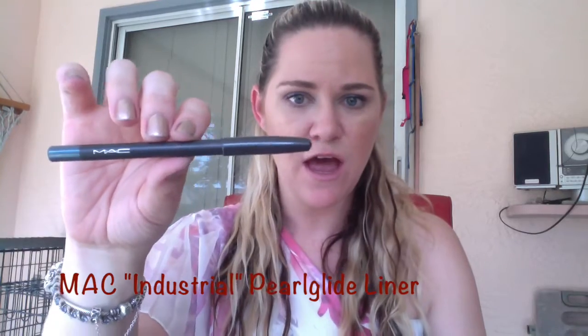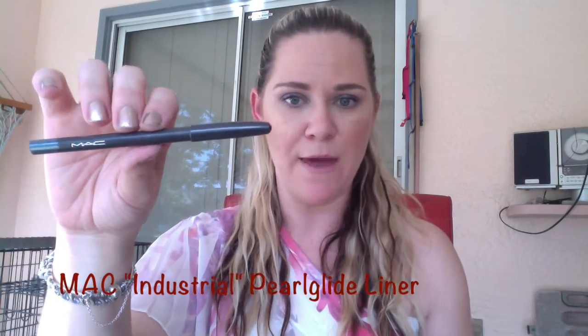And this is Feed the Senses, even though it's on my lips. Beautiful color. And the next thing I have is the MAC Industrial Eye Pencil. I figured since I'm trying to use this more in my makeup baskets and I've had to sharpen it 2 or 3 times already in the last 2.5 weeks that I've had this in my basket, I am going to go ahead and use this up. Again, it's not a limited edition product. I can purchase it in the future if my little heart desires. I'm sure. I don't know that I'll be sick of it by the end of the project, but I will be okay with being without it for a...